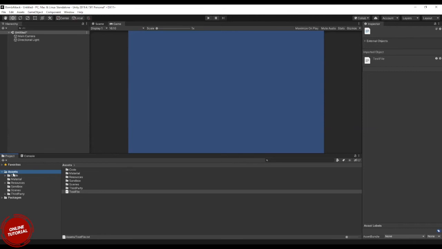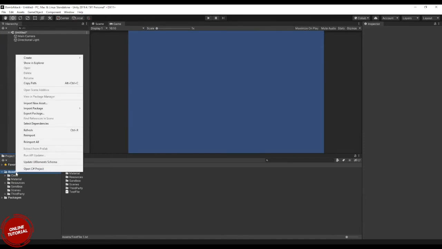Or else the other way you can do it is just drag and drop your element. Downloads test file, right? You can just drag and drop, it will also work. Test file one, since test file is already there, it created another and renamed it. You can drag and drop, and still the asset will be imported. That's how you can do it, and those are the two ways.